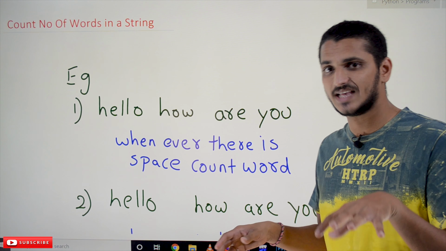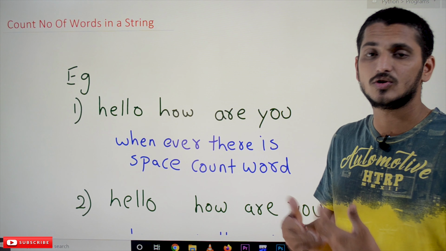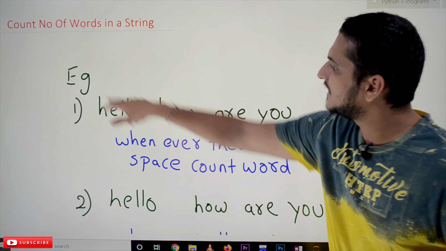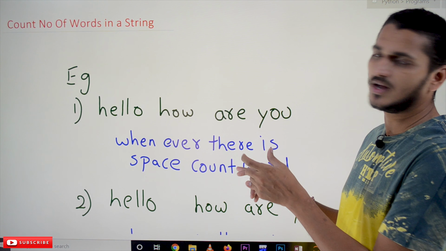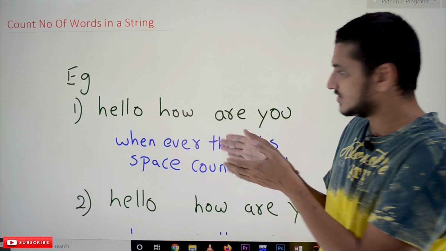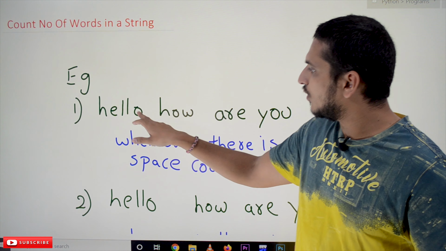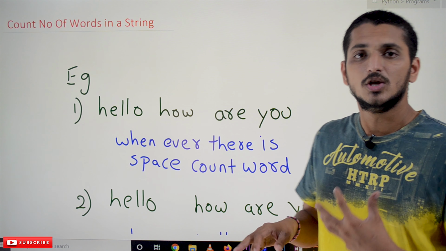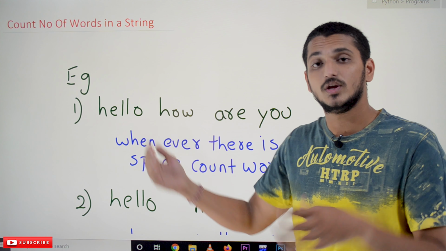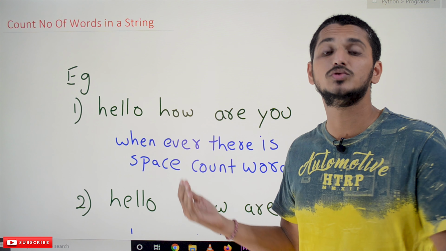So let's take an example and understand how many conditions are available in order to solve this program. Example: hello, how are you? This is the string given. By looking at this string, what we get in our mind is hello space how space r space you. So the logic here is, in our previous classes we discussed that we can move in the string step by step by using loops.